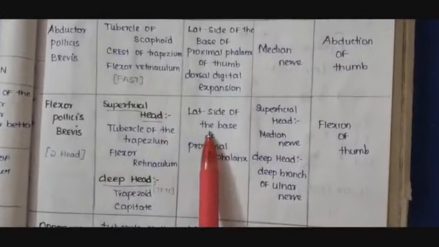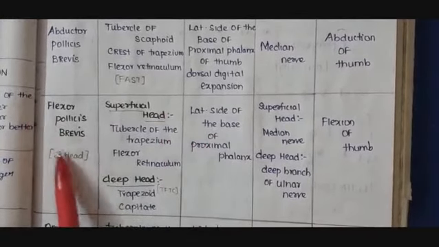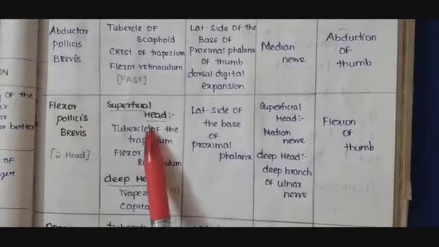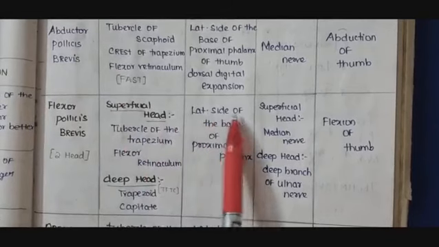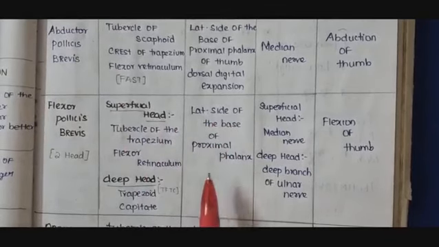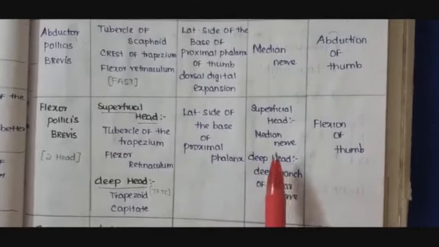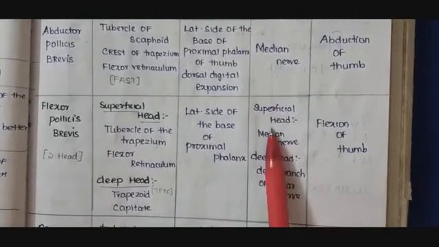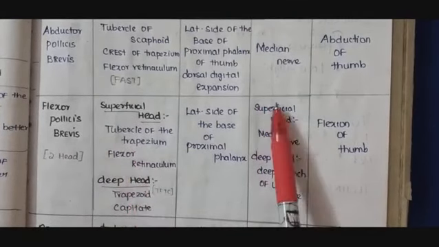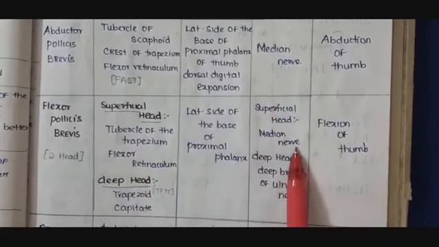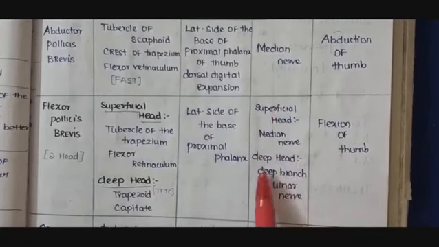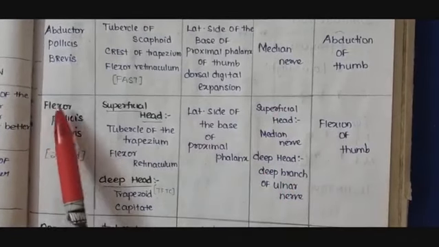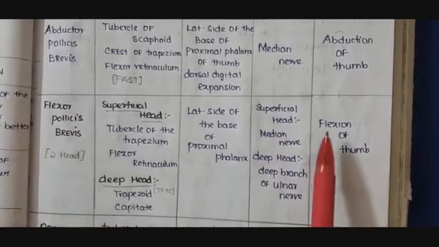Now, let us discuss the insertion of flexor pollicis brevis in detail. Same as I mentioned for abductor pollicis brevis, this muscle gets inserted at the lateral side of the base of proximal phalanx of thumb. Now, let us discuss the nerve supply of the flexor pollicis brevis. As I already said, this muscle has 2 heads. The superficial head is supplied by the median nerve, and the deep head is supplied by the deep branch of ulnar nerve. Action, as the name suggests, it is flexor pollicis brevis, so the action of this muscle is nothing